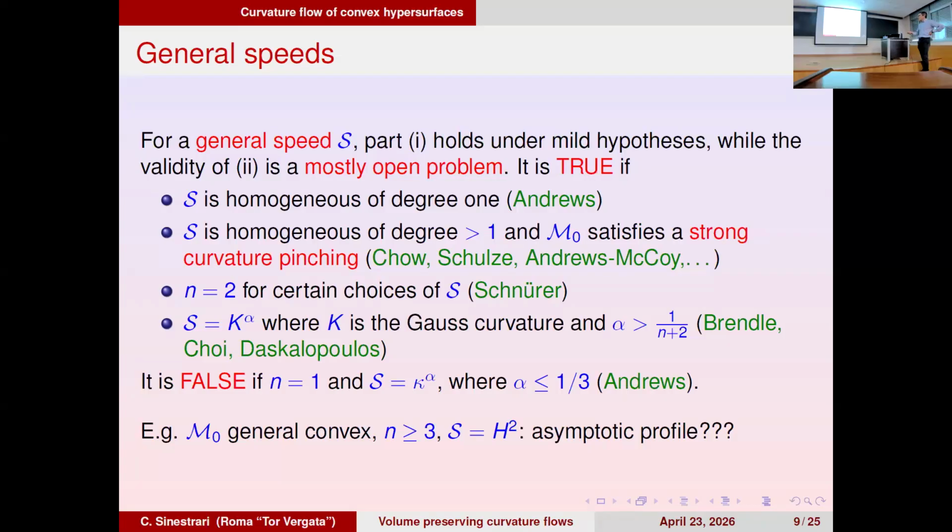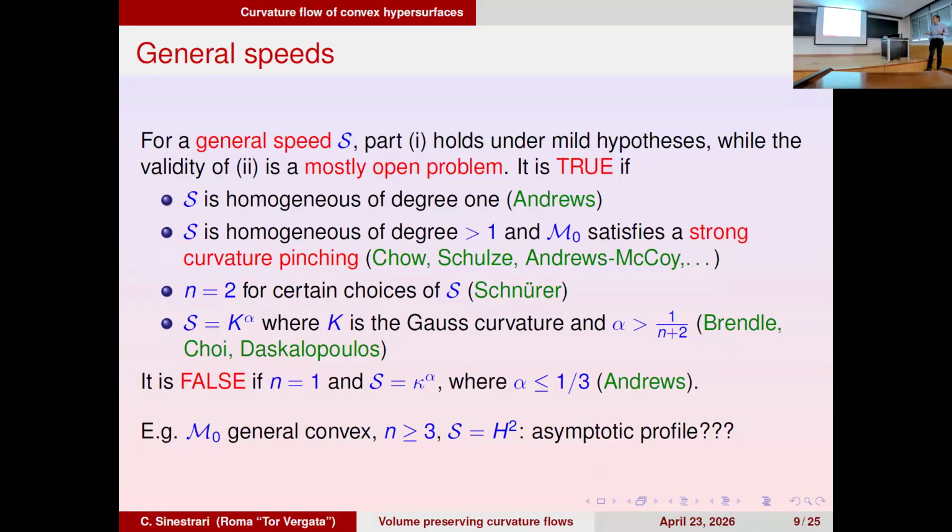And this has been shown by Ben Andrews in the curve case. So this can be regarded as the one-dimensional case of the Gauss curvature. Of course, all curvatures are the same in one dimension. And then it is known that if the homogeneity is less than 1/3, which corresponds to n divided by n plus 2 when n is equal to 1, it's definitely false, the convergence to a round point. And otherwise, as far as I know, it remains an open problem, even in very simple natural cases.